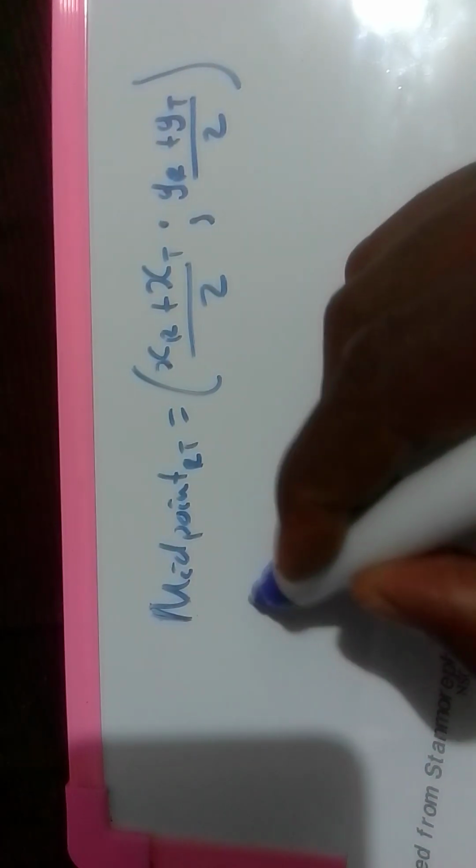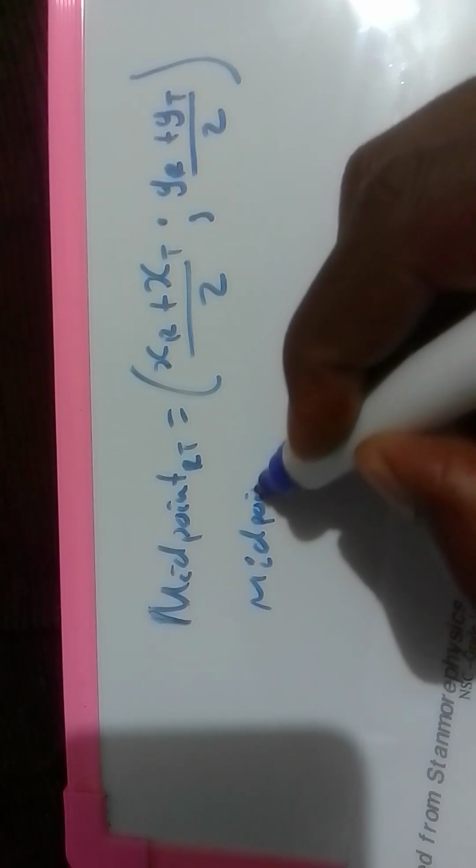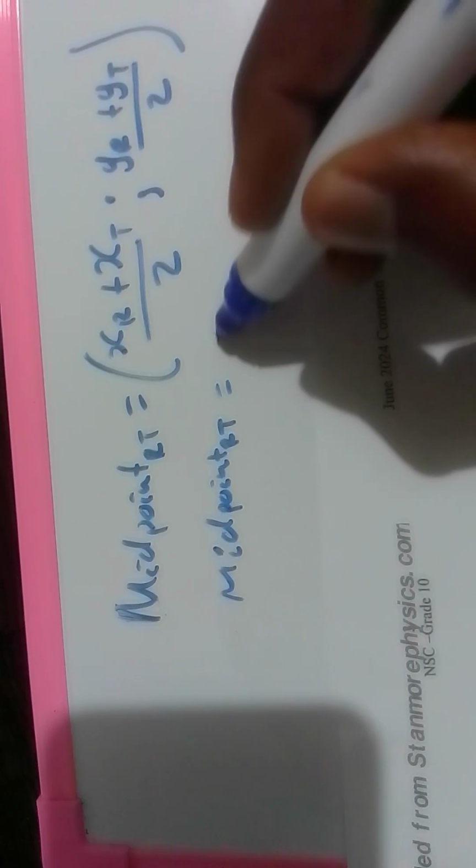Now we are going to substitute. The midpoint of RT is equal to, now our x at point R is -5, so we fill that in,